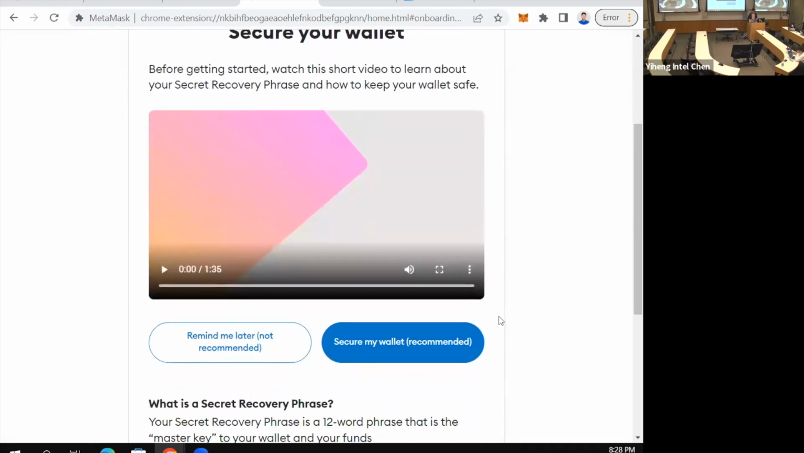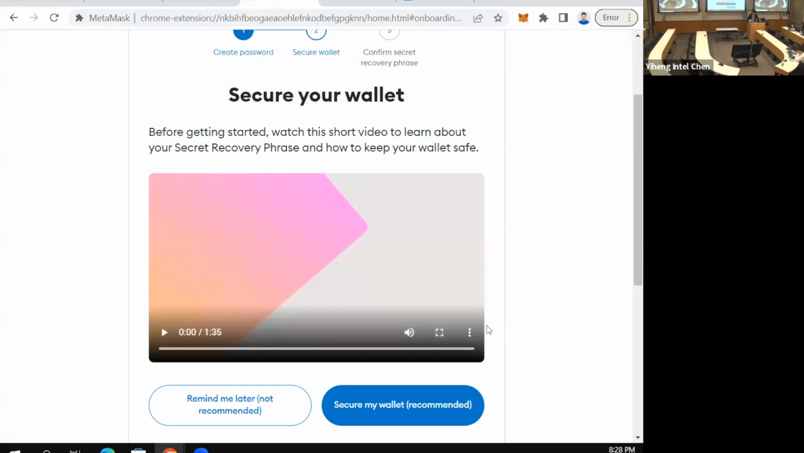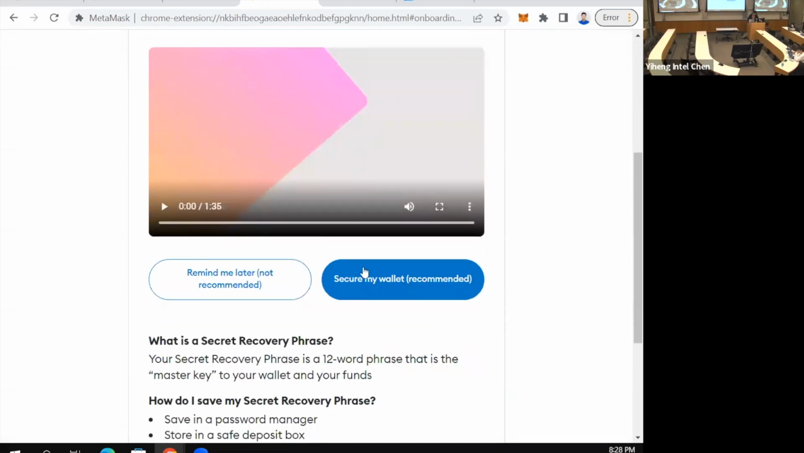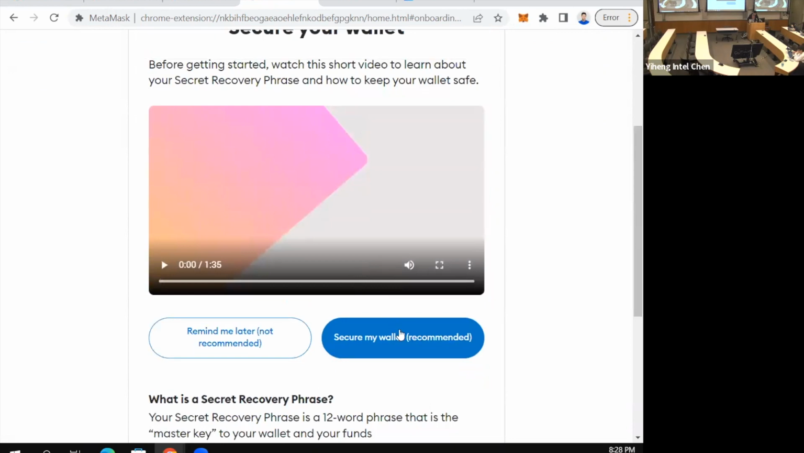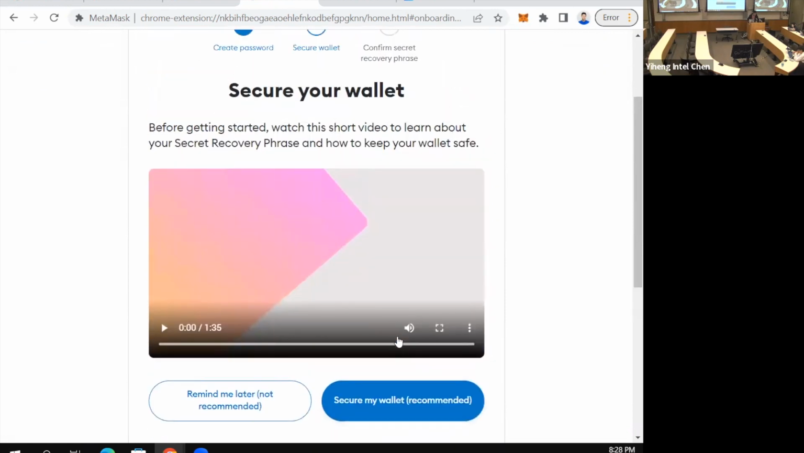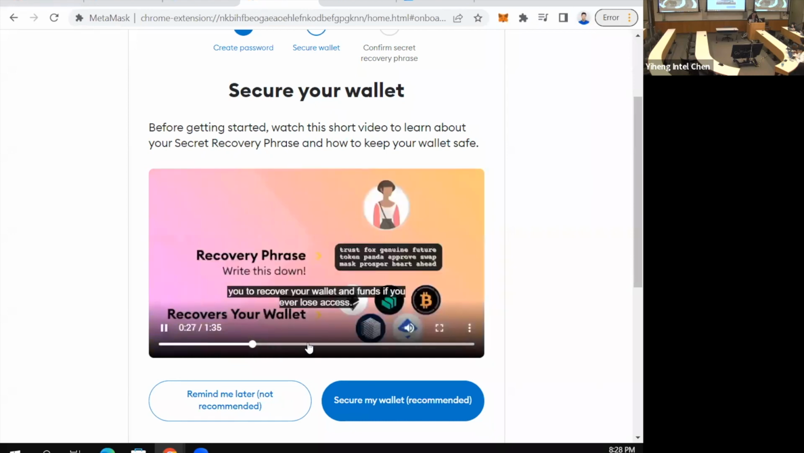What does it say? Secure your wallet? Secure your wallet? I'm actually kind of confused. I read somewhere that you shouldn't choose this because sometimes it's like MetaMask funds if you ever lose